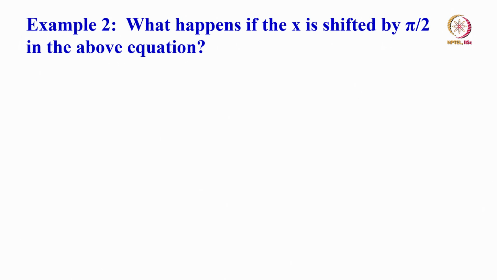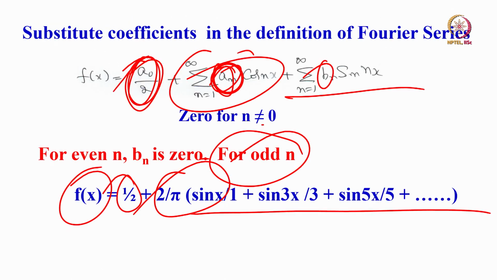Now, of course we can go to the second example to work out. Before that, I think now the time is up, I will take the second example later, but I just wanted to tell you how we got the bn, how we got an, and we substitute this function, and it is a series. So, for n not equal to 0 what happens, for n equal to 0 what happens, simply you substitute in this basic equation and you are going to get this series.